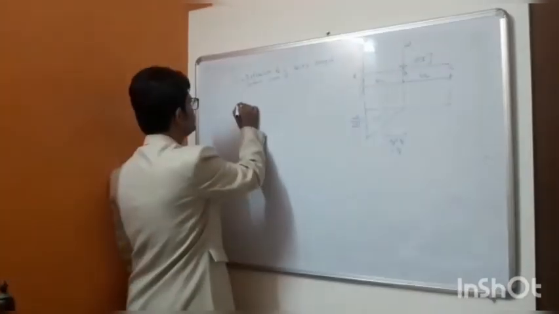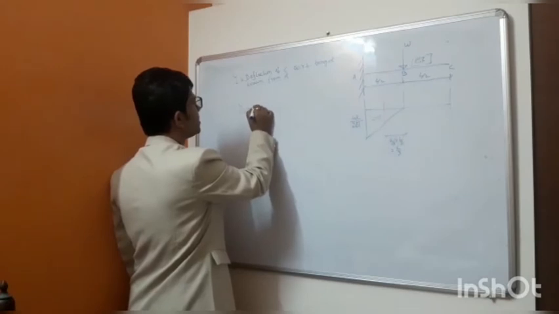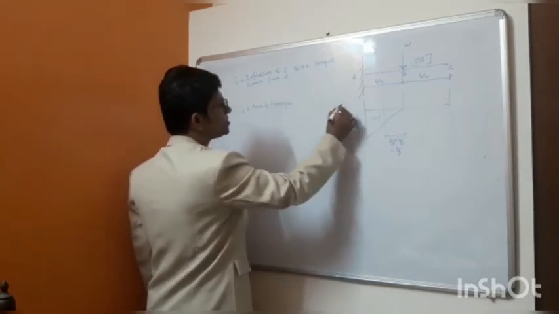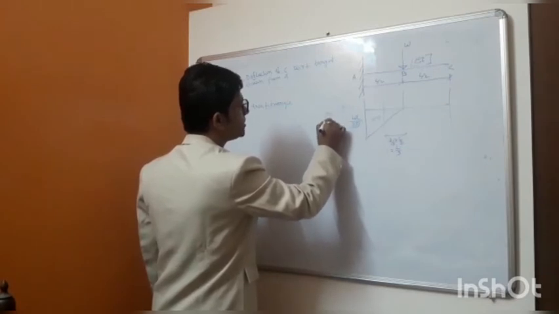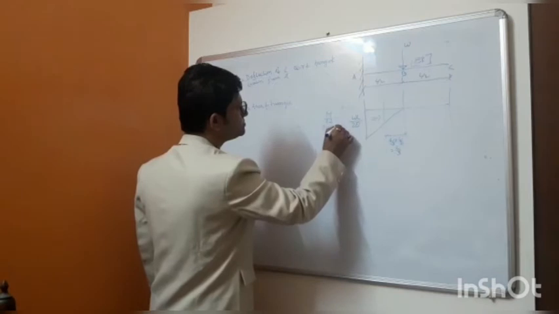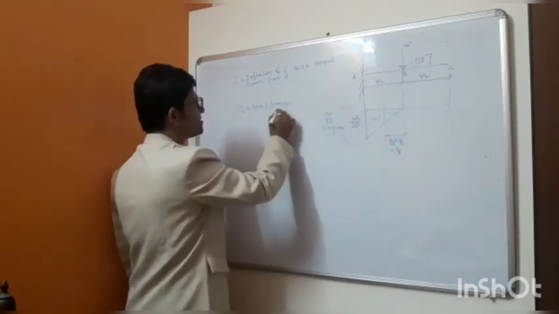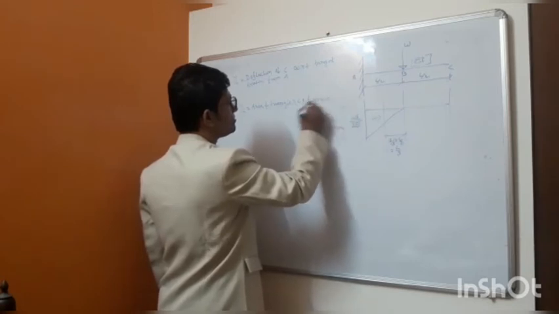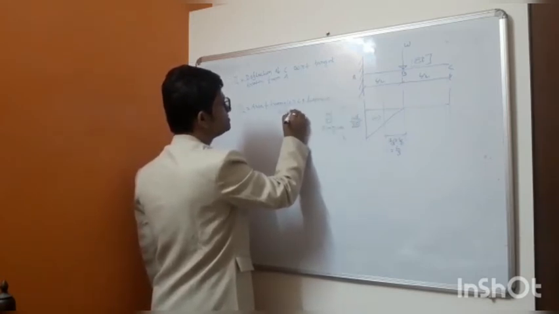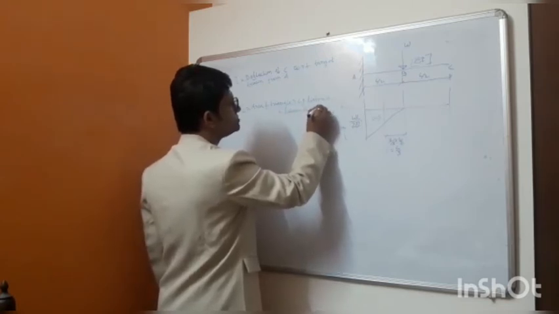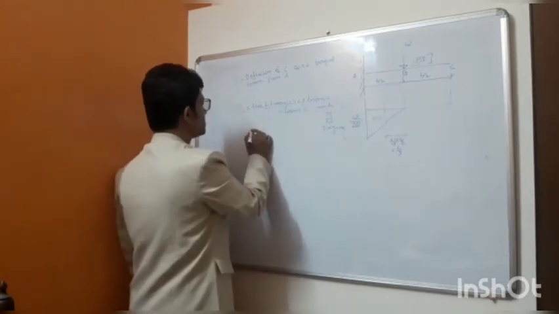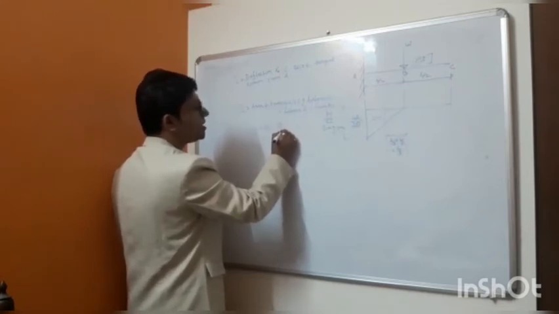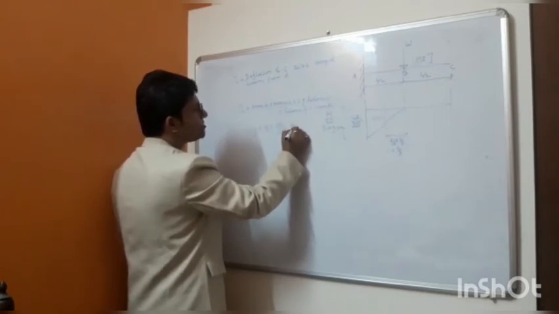So YC will be the area of the triangle, this is actually the M by EI diagram, area of the triangle or area of the M by EI diagram into CG distance plus distance of C from B, that is equal to half into L by 2 into WL by 2EI into L by 3 plus L